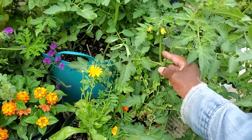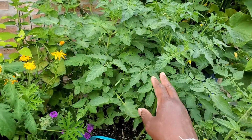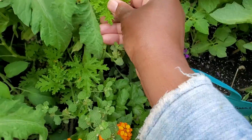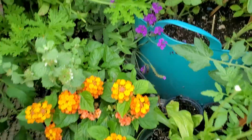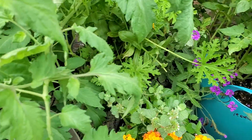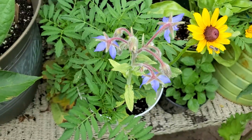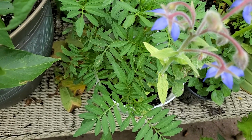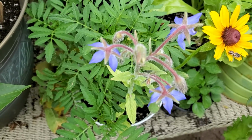And again, I need to stake all of these different tomatoes that are out here and whatever. There's more anise. This is citronella over here, which smells so amazing. Just a lot of pollinators, calendula and whatnot. I don't know what kind of bug this is. I don't even know what to do with it. Should I kill this? But anyway,